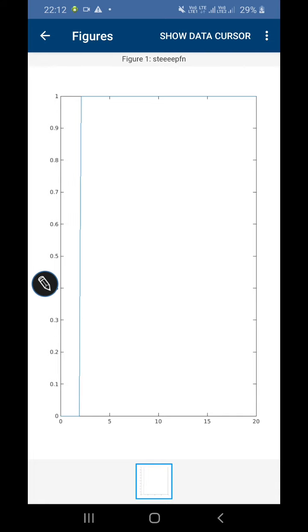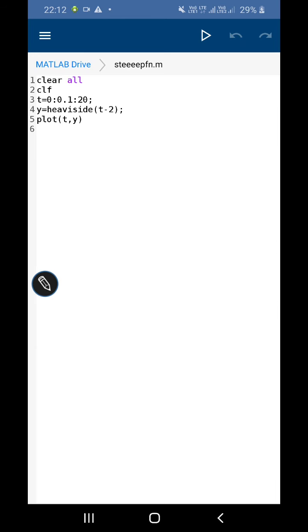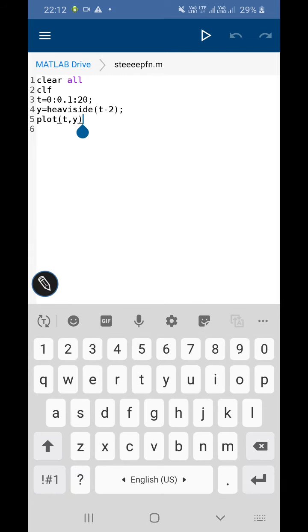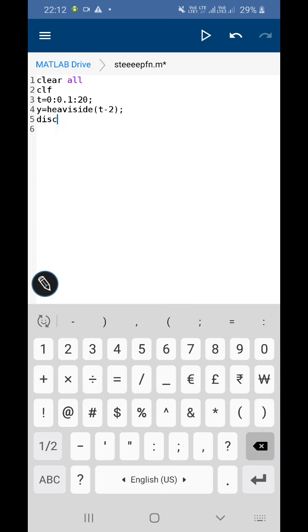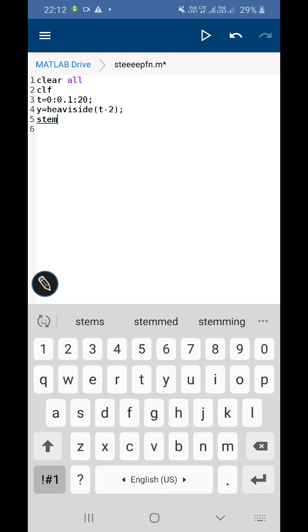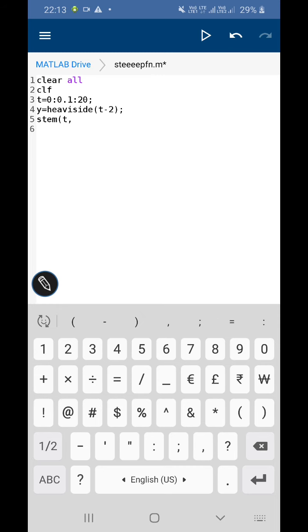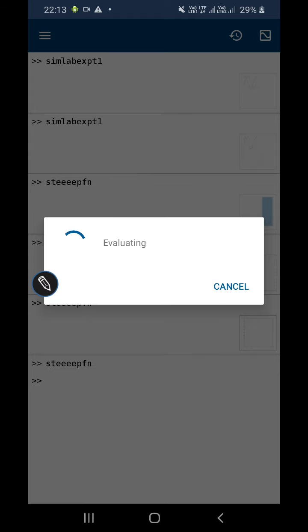So all in all, you can plot step function, and the plot command gives you the continuous plot. So this is continuous plot, but you can also plot the discrete plot. So let me show you what is discrete plot. Sorry, instead of discrete, let me write stem of t comma y. So the function of stem is just same as plot function, but the thing is it will give you the answer in discrete format.